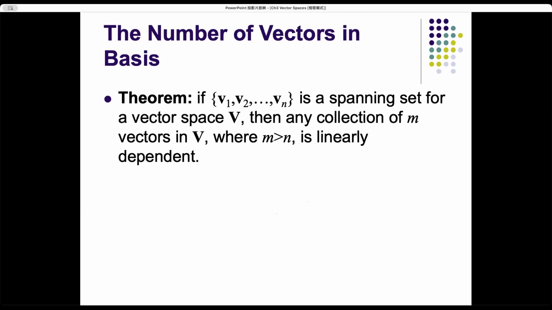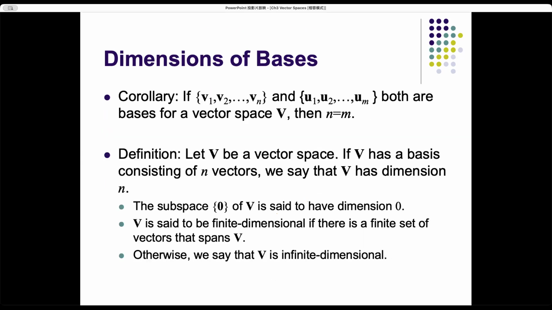So in other words, if we have two bases for the same vector space, then we can claim these two bases have the same number of vectors. Why? Okay. Without loss of generality, let's assume v1, v2 up to vn, where n is smaller than